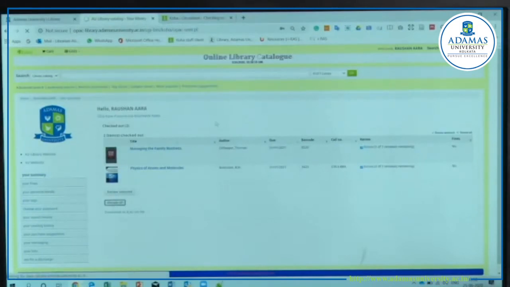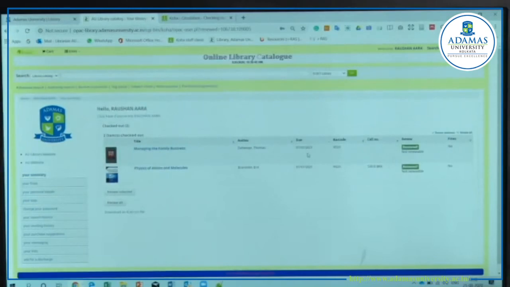But you know that from today's date it will always count, so you have to take that opportunity at the end of the due date, so you will get the full facility. Now it is showing renewed. I have given privilege only for one time renewal for this user, that's why it is not giving another renewal facility.